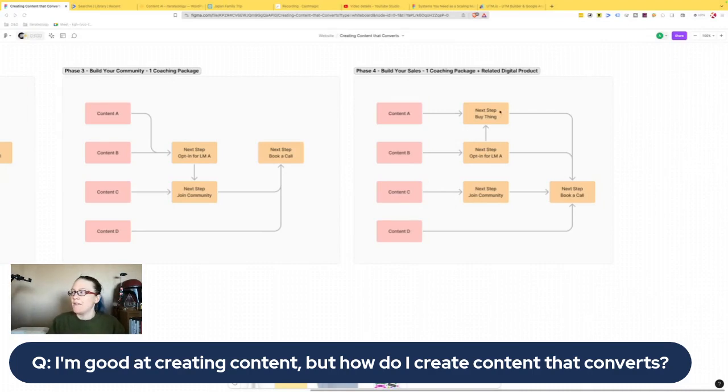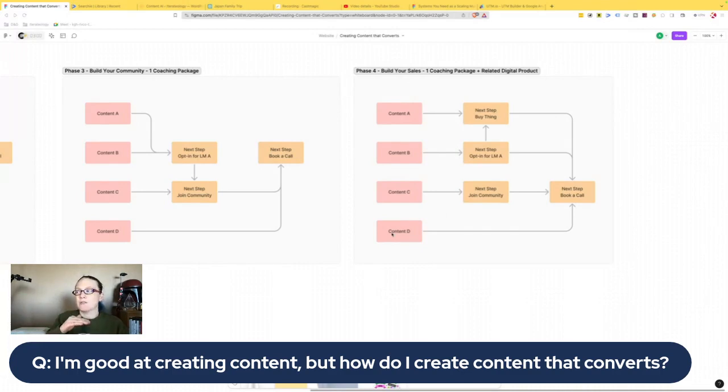But if you've got different options, as you will grow into, you will want to have a mix of calls to action in your content, so people can discover those at the surface level and jump into the one that they want or need.